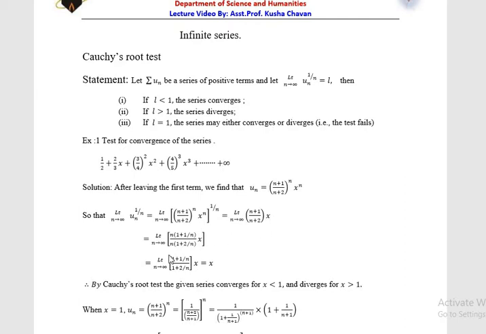Introduce the limit. In the numerator take n as a common factor and write 1 + 1/n, and similarly in the denominator take n as a common factor and write in bracket 1 + 2/n, into x. Introduce the limit as n approaches infinity. Cancel the common factors, and we get the limit of (1 + 1/n) divided by (1 + 2/n), into x. Introduce the limit, that is equal to x.